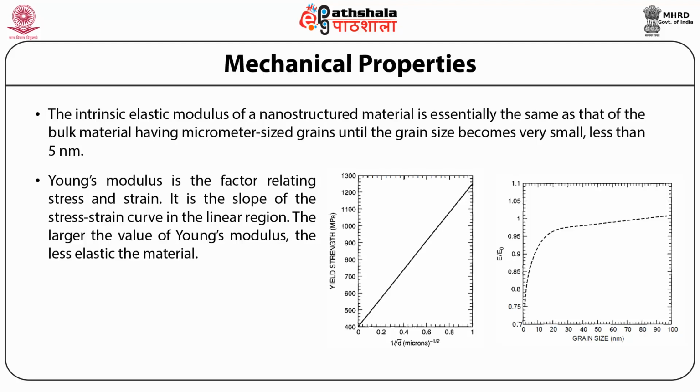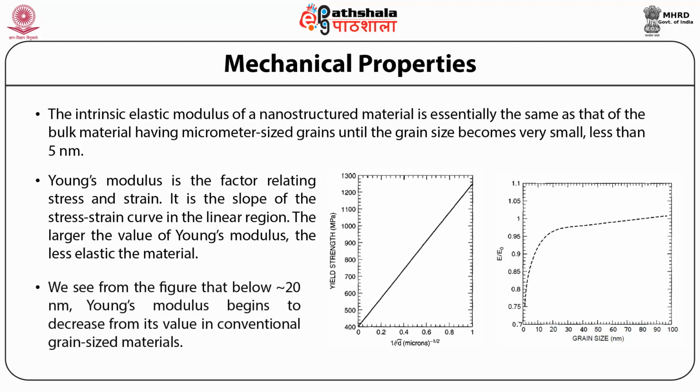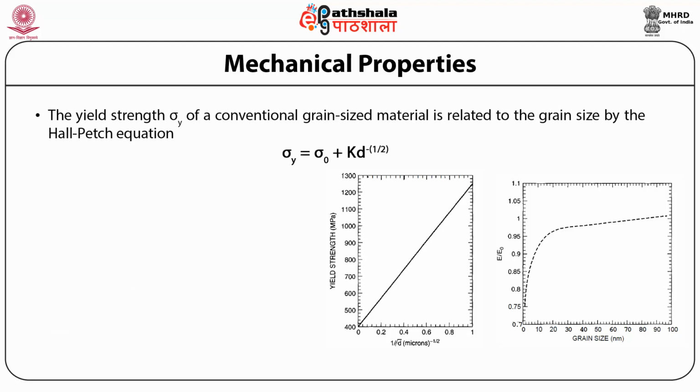The figure is a plot of the ratio of Young's modulus E in nano-grained iron to its value in conventional grain size iron, E0, as a function of grain size. We see from the figure that below 20 nanometers, Young's modulus begins to decrease from its value in conventional grain size material. The yield strength sigma y of a conventional grain size material is related to the grain size by